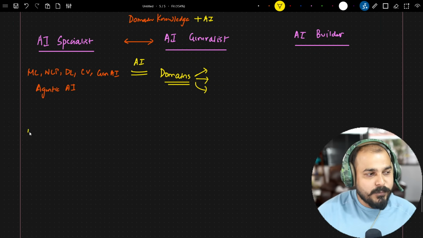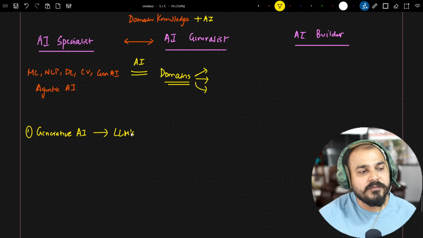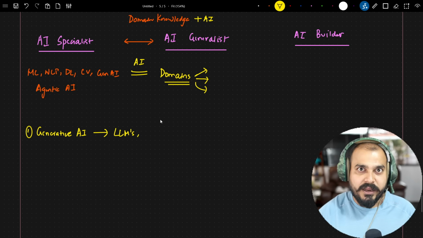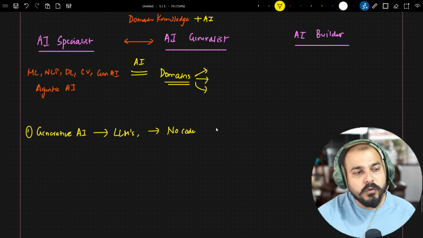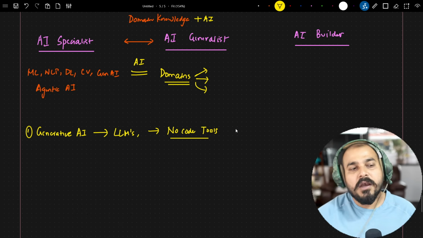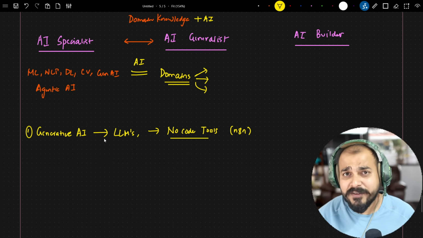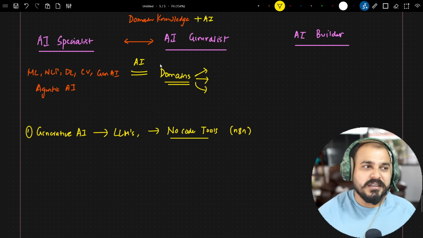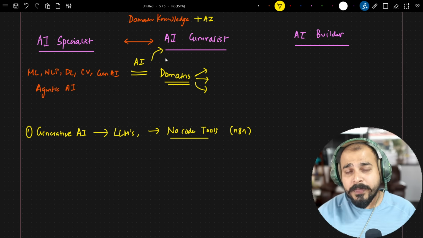Now, some of the technical terms, with respect to this particular course: let's say you have to learn about generative AI. Okay, fine, you go ahead and learn about this. You learn about LLMs and how LLMs work. You learn all the theoretical stuff with respect to LLMs, right? Then, with respect to implementation, you use some kind of no-code tools. Let's say one example is n8n. If I use n8n, I can integrate with LLMs, develop generative AI applications, and call multiple tools over there, right? So when you get this particular skill set, you are actually moving towards the AI generalist skill, right?